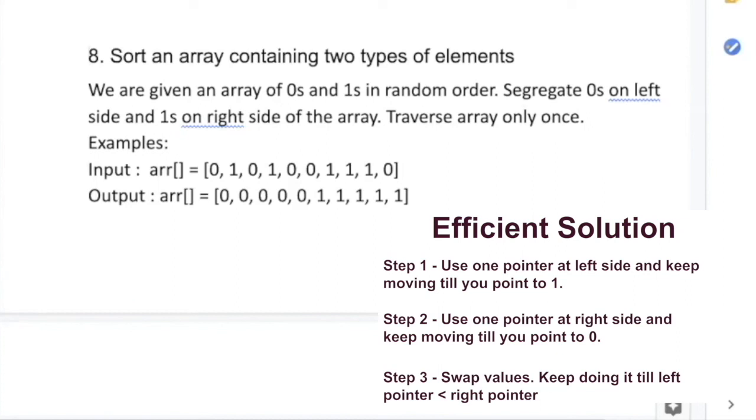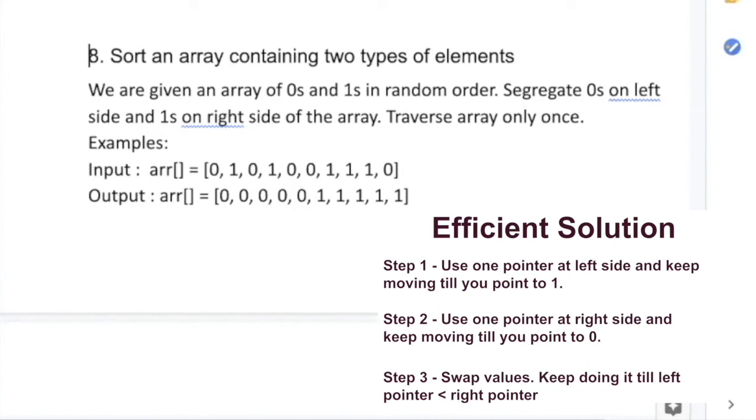If in the left index we found 1, and in the right index we found 0, then we can swap this. Very nice. So this is known as the 2-pointer approach, and this is a very strong concept. In the next session, I'll actually try to solve a problem with the 2-pointer approach and explain it, because this is very important. What happens in the 2-pointer approach?